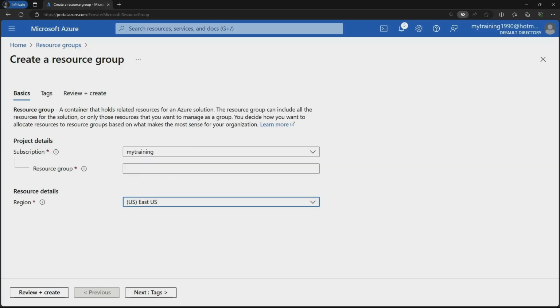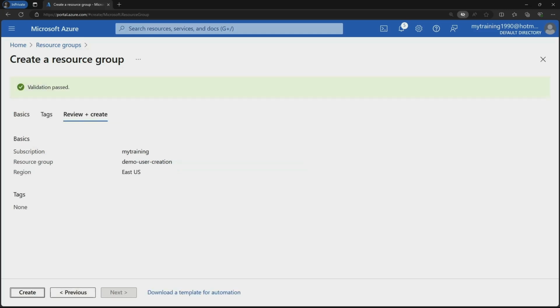Let it be demo user creation. Review and create. I have created it,